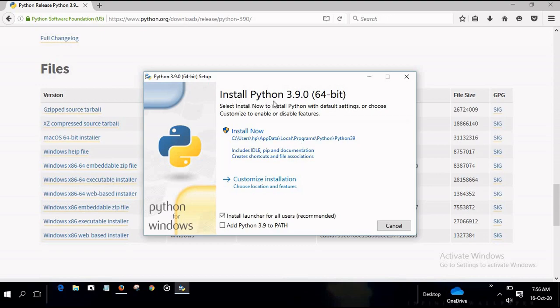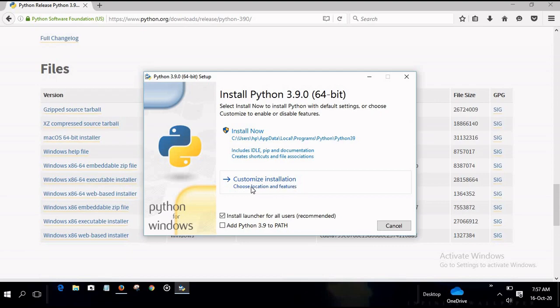See, Install Python 3.9.0 64-bit. You can see here Python will be installed to this location, but you can also change it too if you want by clicking the second option, that is Customize Installation.